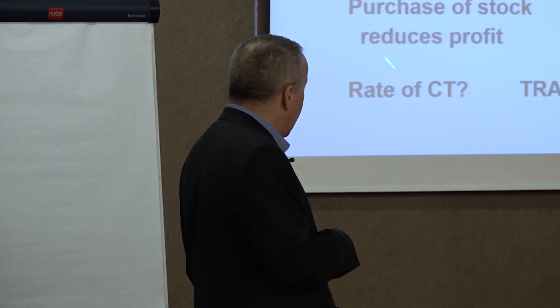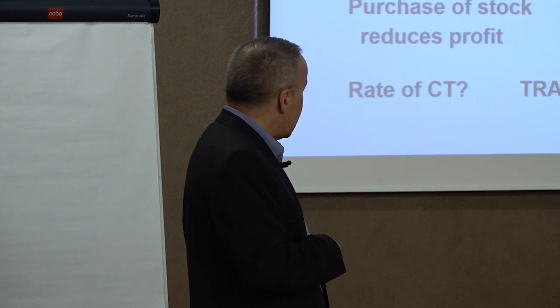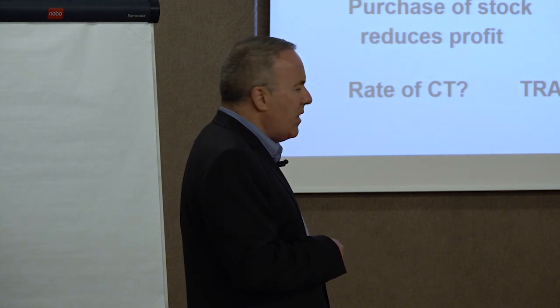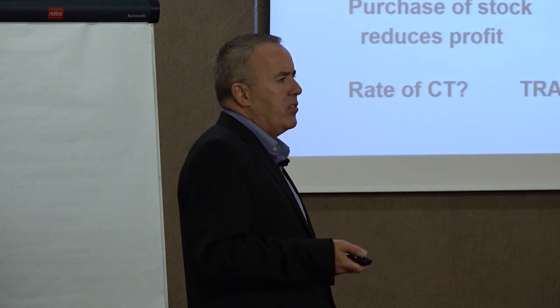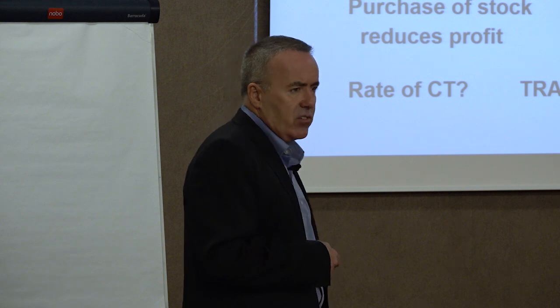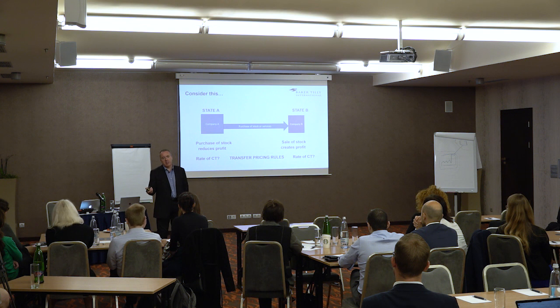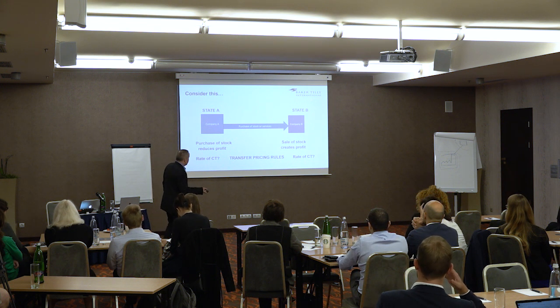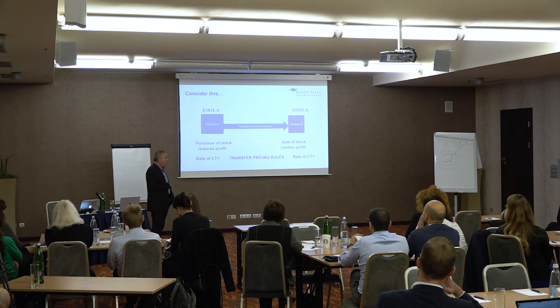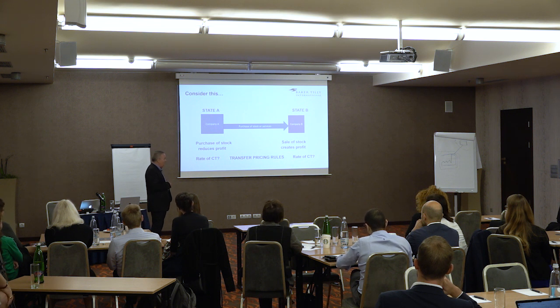So actually, is that the place that we want to have the taxable profit? And actually, if we do that anyway, are there anti-avoidance rules that stop us doing that? So do the transfer pricing rules between those two countries mean that we can't really sell stock or services at that particular price? We'd have to sell them at a different price. That means that the profit isn't recognised in the state where we want it to be. Subject to all those points, you might still conclude that this is a great idea and it's great to have the profit there rather than there.